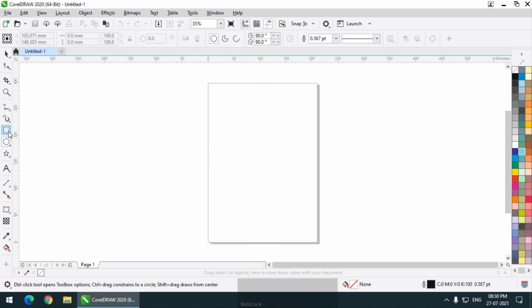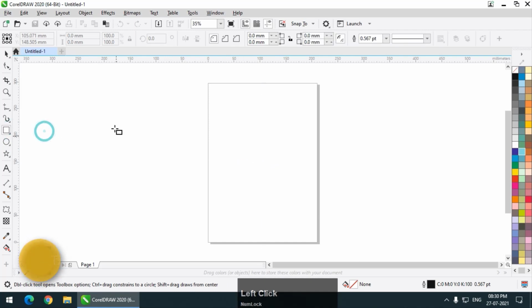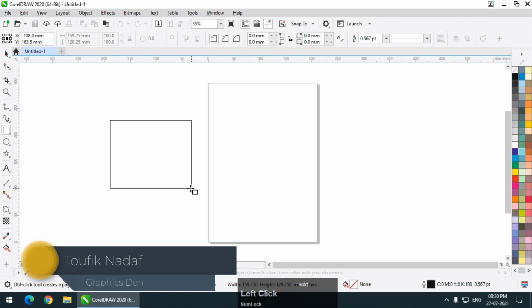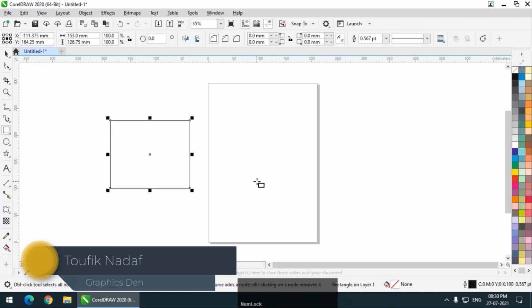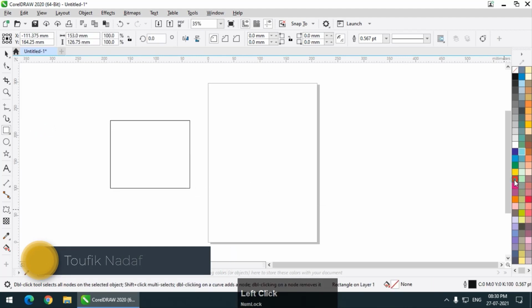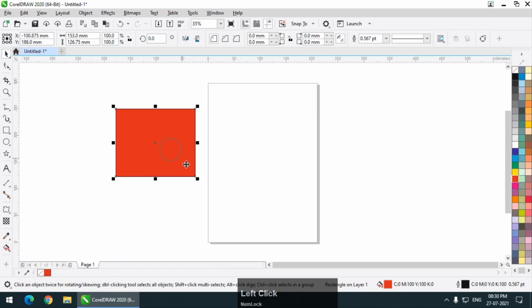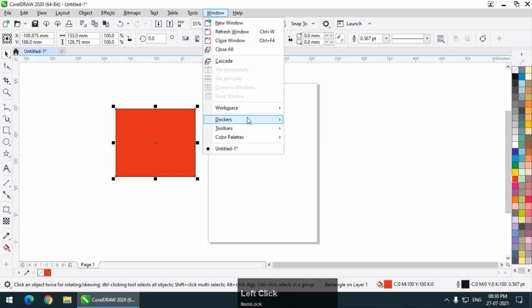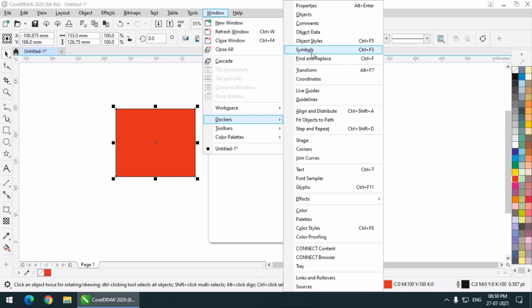So for starters, let's say I create a shape, in this example a rectangle. I will apply any color to it. Now let us say I convert this to a symbol. To open the symbol docker, simply go to Window, Dockers, and open Symbols.